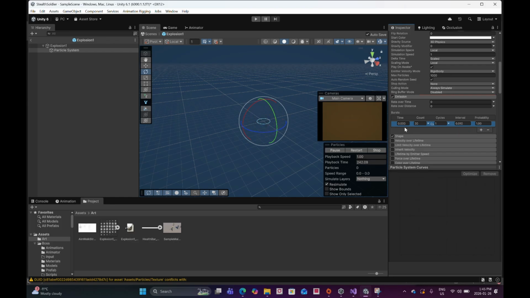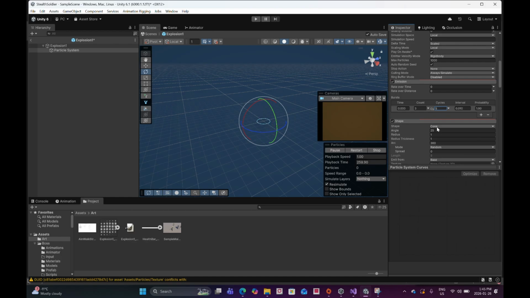Press the plus button under bursts, and count is 3, and cycles is 5. Check shape, make sure it's checked. Radius is 0.35. Radius thickness is, oh no,